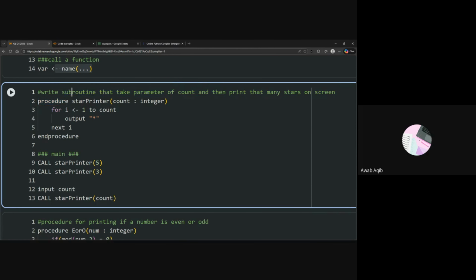And some examples: write a subroutine that takes a parameter of count and then prints that many stars on the screen. So for this, what we can do is create a procedure. Let's call it star counter. And then they're saying take a parameter of the count, so count would be an integer. We do that, and then we'll run a loop from 1 till count and we output that many stars and